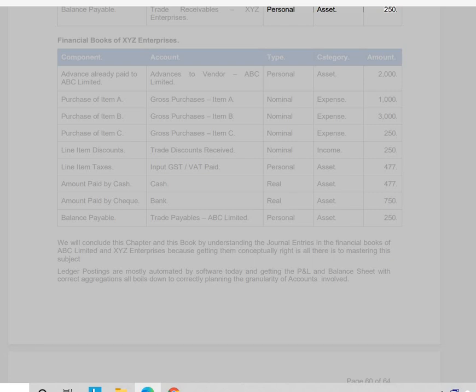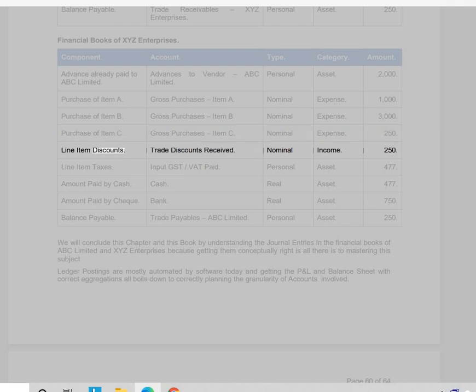250. Financial books of XYZ Enterprises. Component, Account, Type, Category, Amount. Advance already paid to ABC Limited: Advances to vendor, ABC Limited, personal asset, 2000. Purchase of item A, gross purchases, item A, nominal expense, 1000. Purchase of item B, gross purchases, item B, nominal expense, 3,000. Purchase of item C, gross purchases, item C, nominal expense,